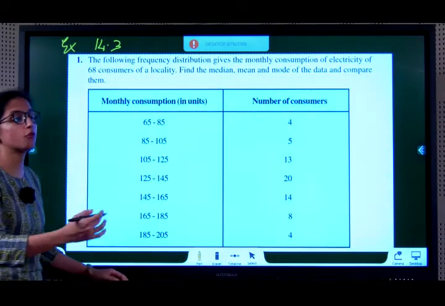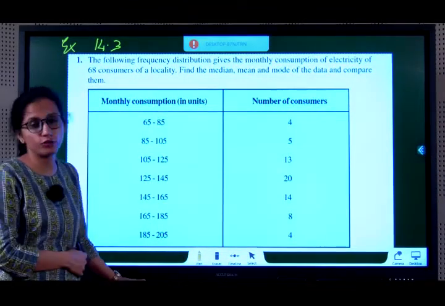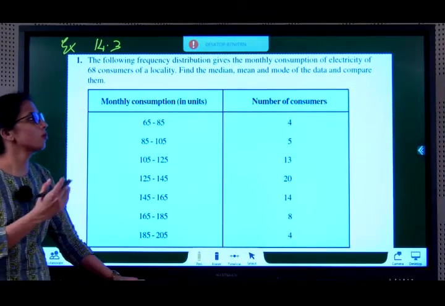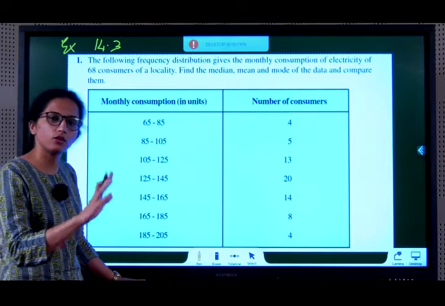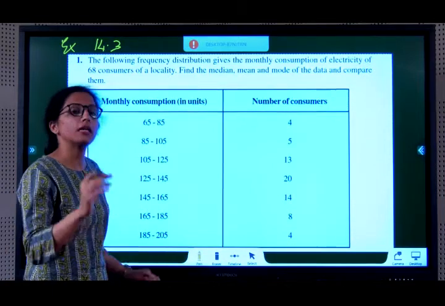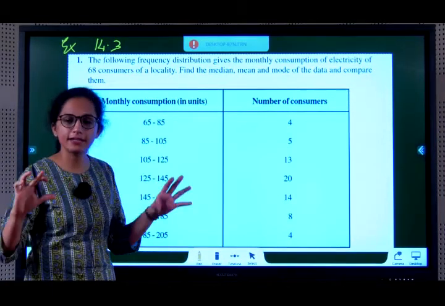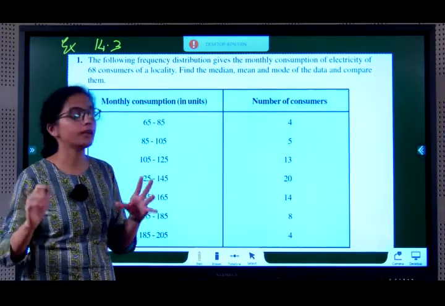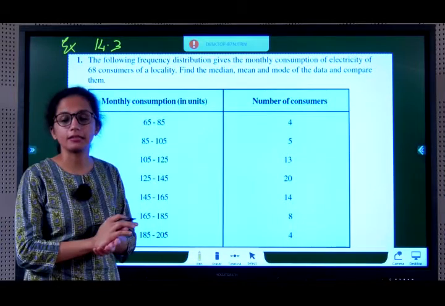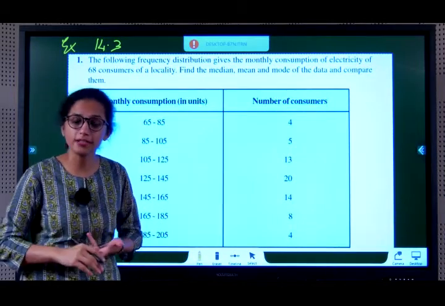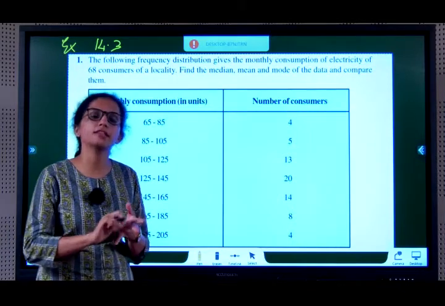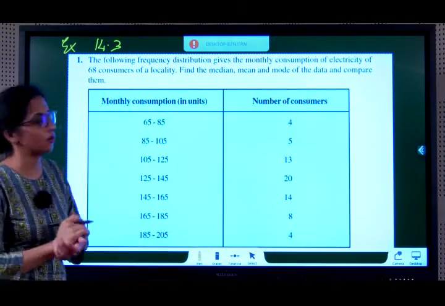You can directly plot the modal class L, F0, F1, F2, etc. But mean and median take a little time. So what you can do is the median, do the mode. Should we do the mean? For the mean, use the central tendency formula that we gave in the starting. Mode is equal to 3, etc., etc. We learned that, right? Use that formula and find the mean. So again, I'm telling you, if all three are asked, don't waste time doing all three. Find the median and mode using the regular method. Find the mean using the relationship between all three.